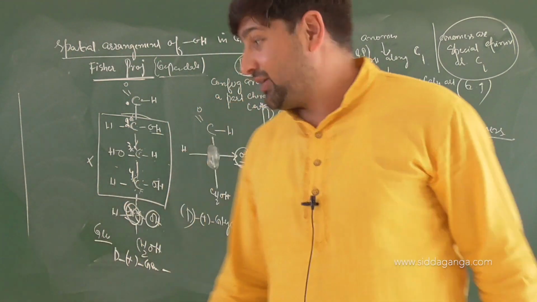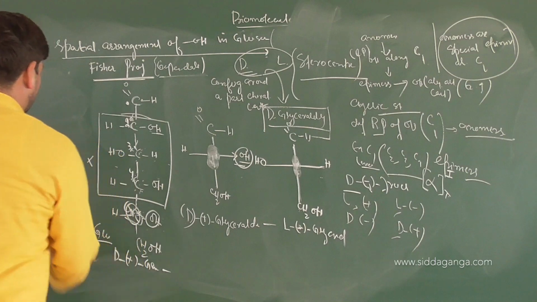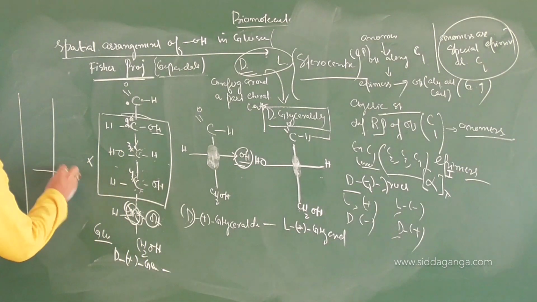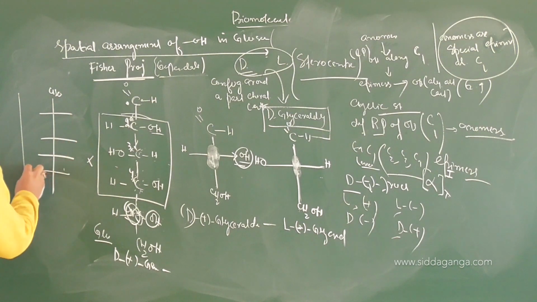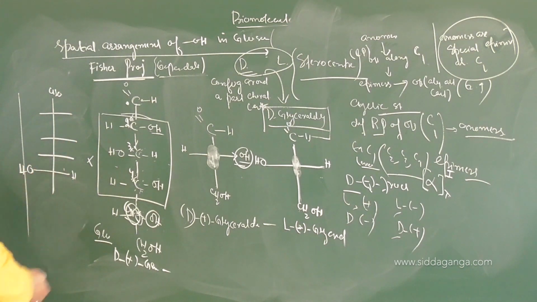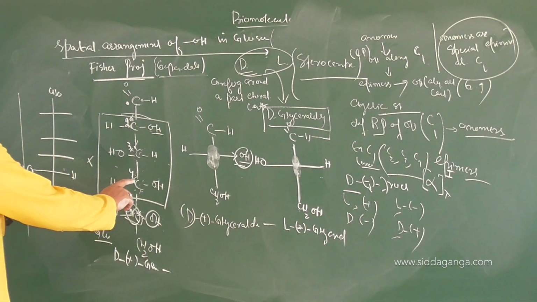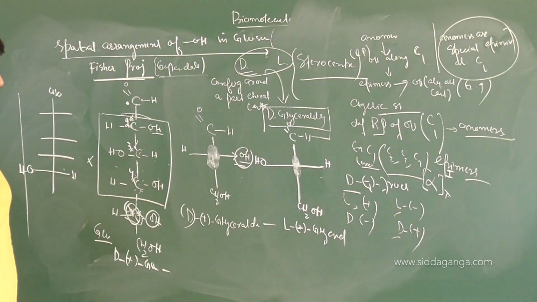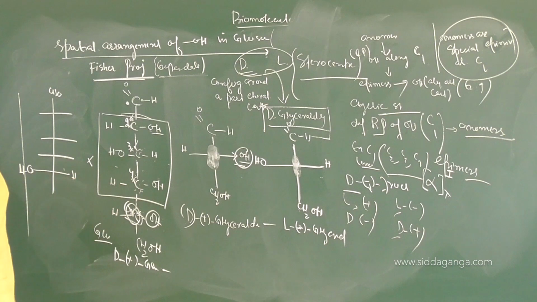It is dextrorotatory. Can we have it as L form also? Yes, indeed. Why not? We can have the L form also. And in the L form, this is CHO 2, 3, 4, 5. OH will be on the left side. Now, when you take these two and try to superimpose, they will be non-superimposable mirror images of each other, right or not?